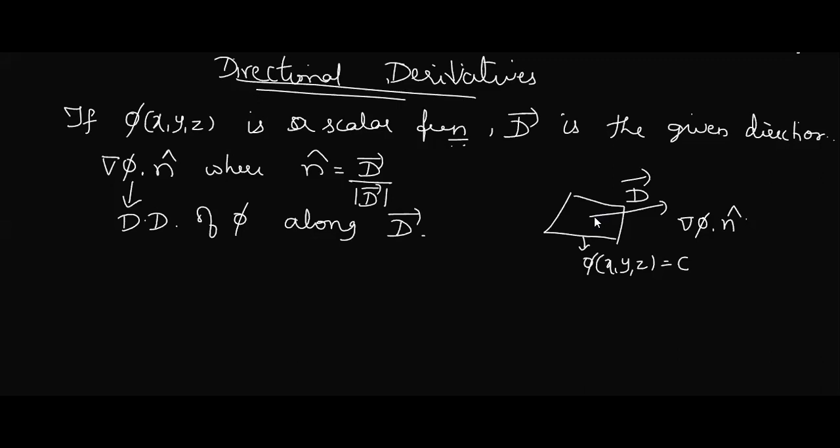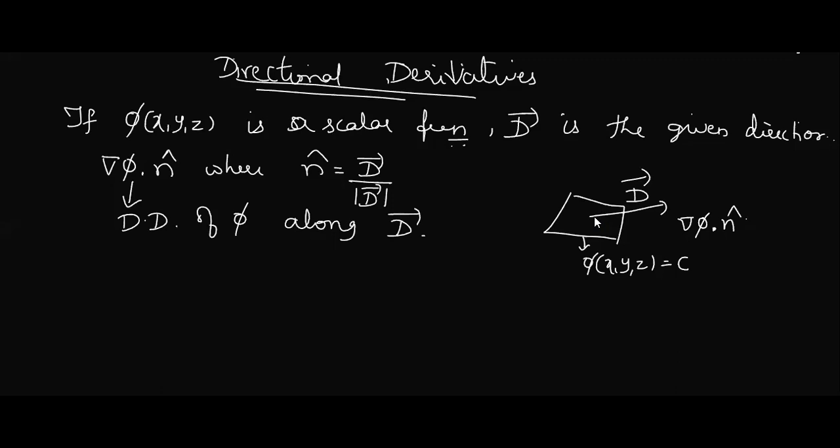All are right. Because see, del phi is what? Del phi is also a vector, the gradient of phi. N cap will be some vector if you solve it. So the dot product of two vectors is always a scalar quantity, that we have seen in divergence. So obviously this is some scalar quantity. The directional derivative is nothing but a scalar quantity.